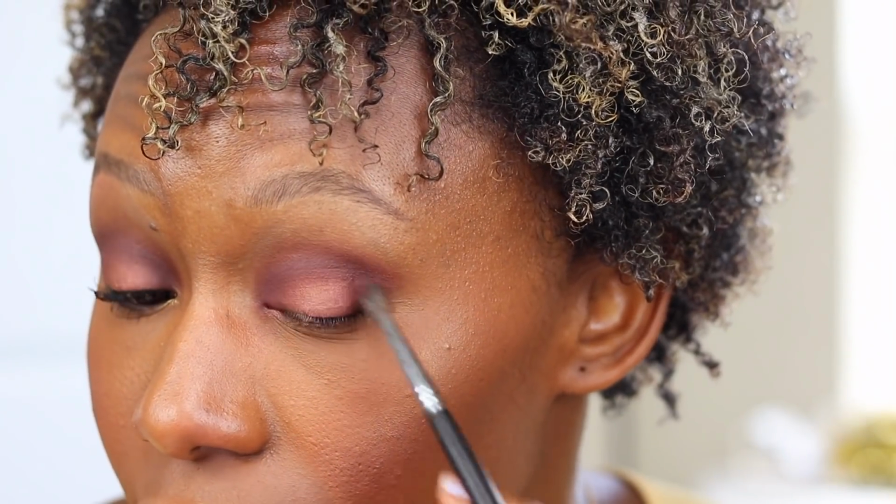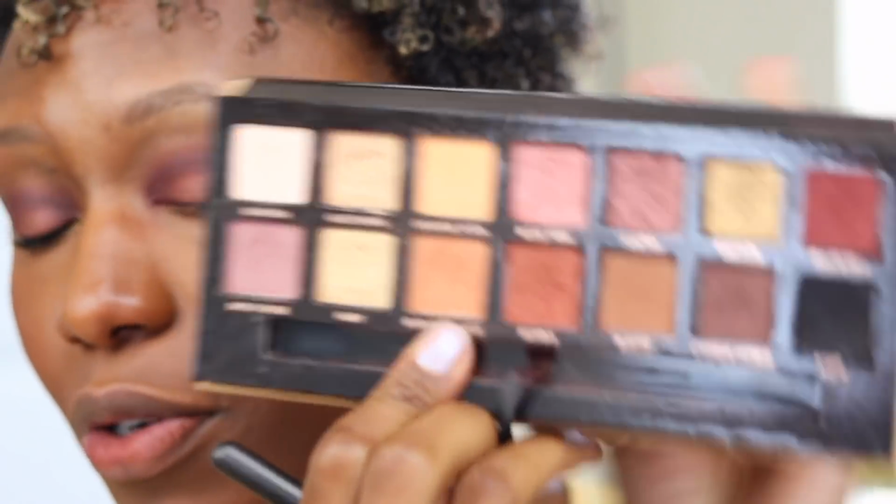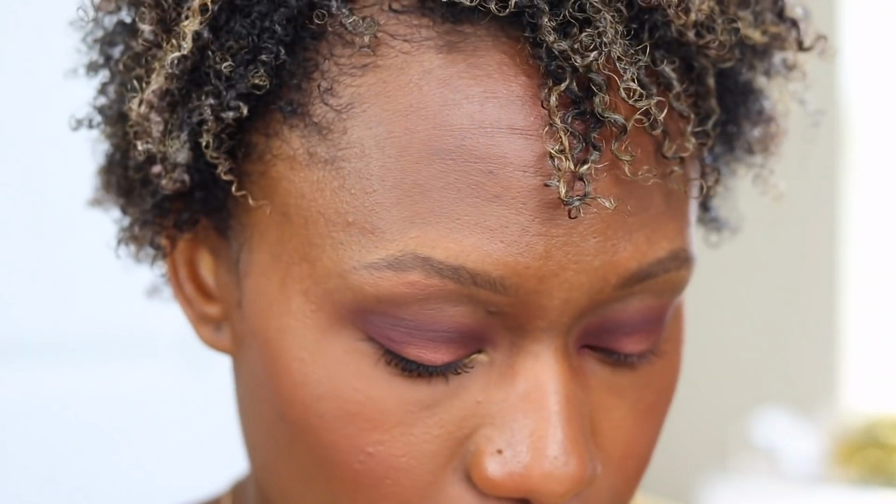It's interesting because I feel like when I immediately put it on, it looks like a red burgundy, and then as you start blending, it turns to like a plum shade. Maybe it's just me. Okay, now we're gonna go in with Burnt Orange here,